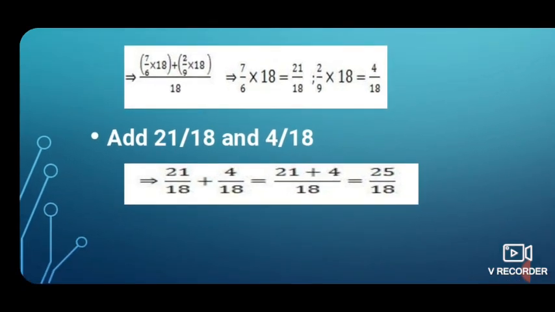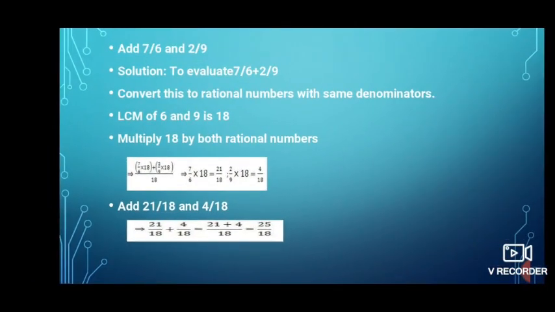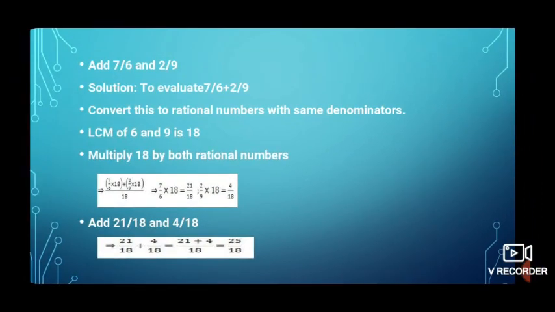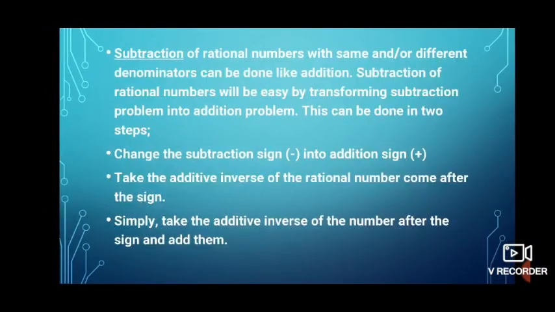Now we have the two rational numbers 21 by 18 and 4 by 18. We can add the numerators because we have the same denominator. After adding, we get 25 by 18. Okay, next, children, subtraction. Subtraction is a little bit easier, same as addition, but first